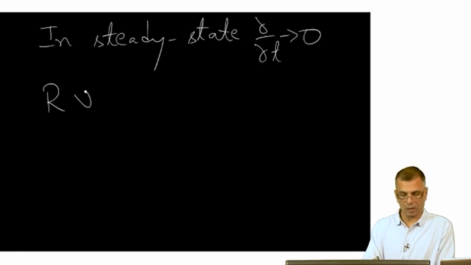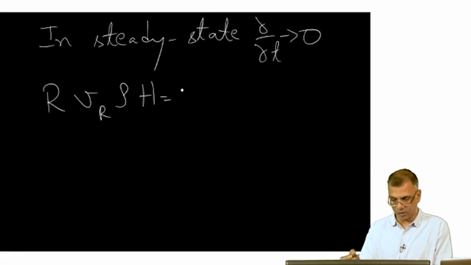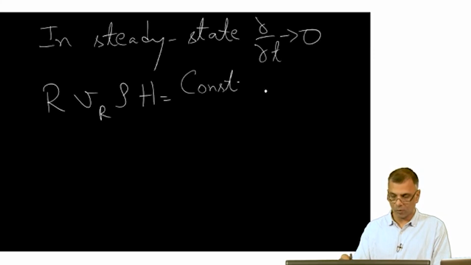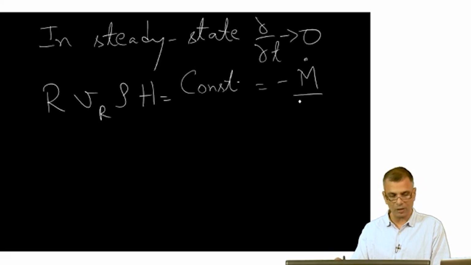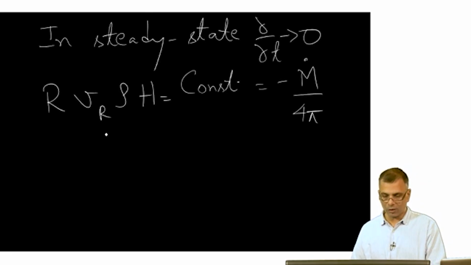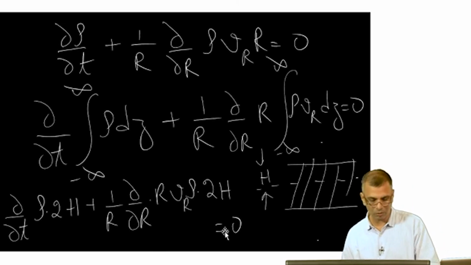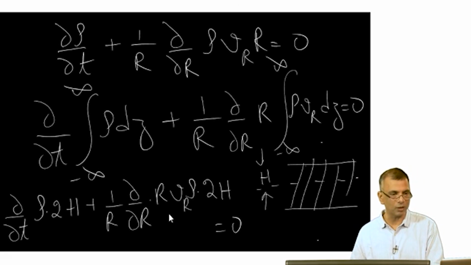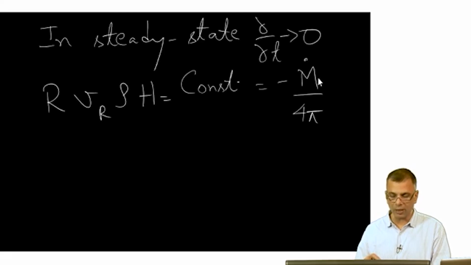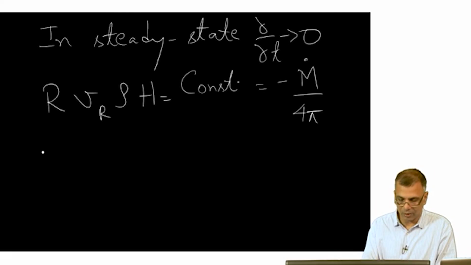r times rho times Vr times 2h equals some constant, which can be anything. I choose to write this as minus m dot over 4 pi. Okay. So this is simply an integration of this equation, an integration of just this term of the equation. I integrate this, and so I just solve this differential equation, and this is of course the all important accretion rate. And so essentially I can write the accretion rate as